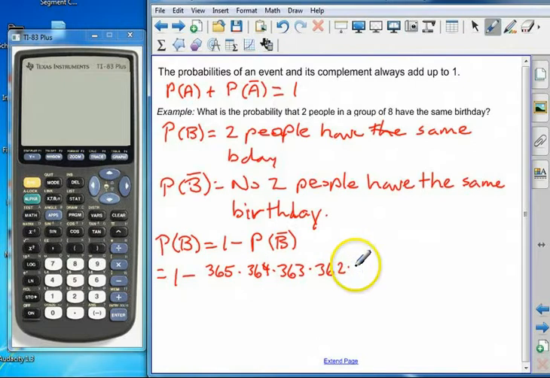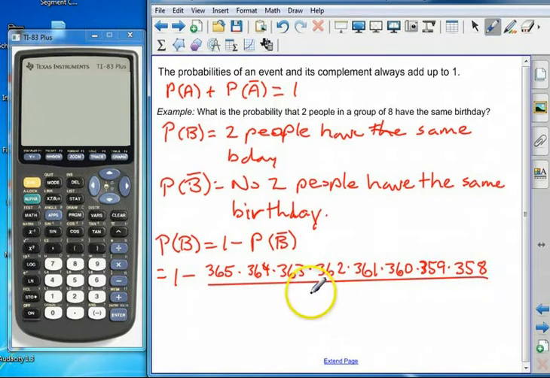So we're going to multiply all these out, divided by the sample space, which is 365 to the 8th power. That's going to equal 1 minus